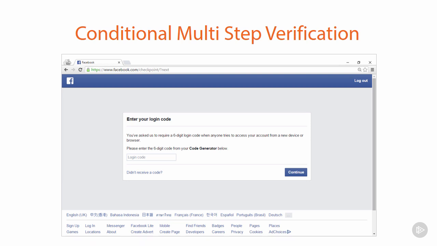It's not going to challenge me for the code every single time I come back to Facebook. But this is something that the designers of the system can decide for themselves. In this case, I can keep coming back to Facebook and providing a legitimate username and password, and because this specific browser has seen me successfully demonstrate that I have access to the code generator before, it won't prompt me for another code. Alternatively, if it was, say, a banking system, you might say, even if I've seen this person